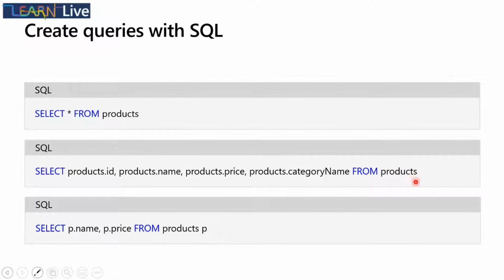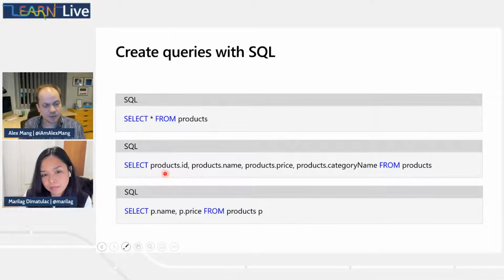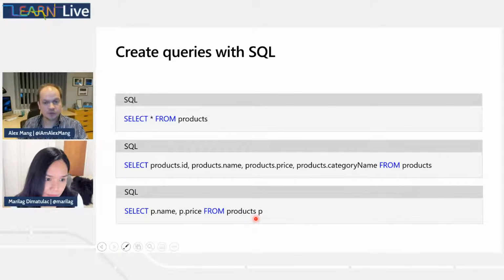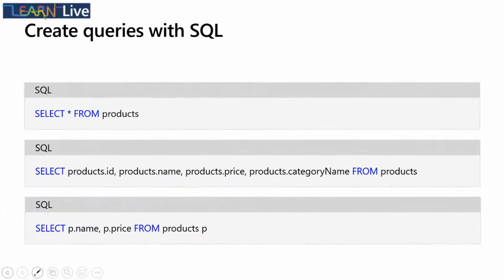And we can tell here that products is actually used almost as an alias of sorts, even though it's not an alias, it's simply the name of the container that we're querying. And then we're just saying from that container, we want to pull the ID, the name, the price, the category name, and whatnot. But we could also selectively use an alias for products so that we don't fat finger our command, because you can tell we have a lot of keyboard strikes to do. So we just simply use an alias of P,